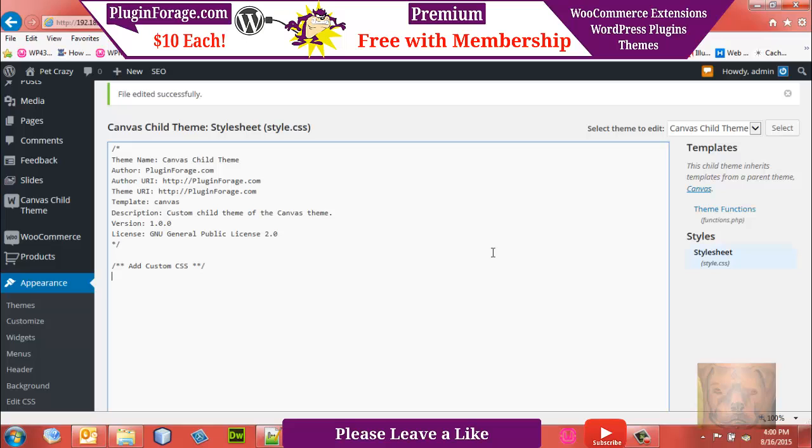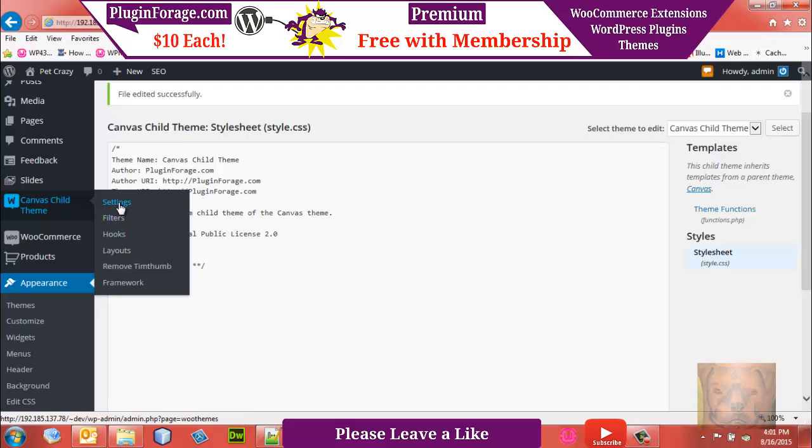If you don't have the child theme, I'll leave a link below to the video where we made the child theme, and I'll also leave the code snippets. I'll put it in a zip file, to the point we are at the end of this video, with both functions.php and theme functions here, and the stylesheet.css for the child theme. But I will show you in this video what code we're going to use. So let's get started. Let's go to the Canvas child theme, settings,